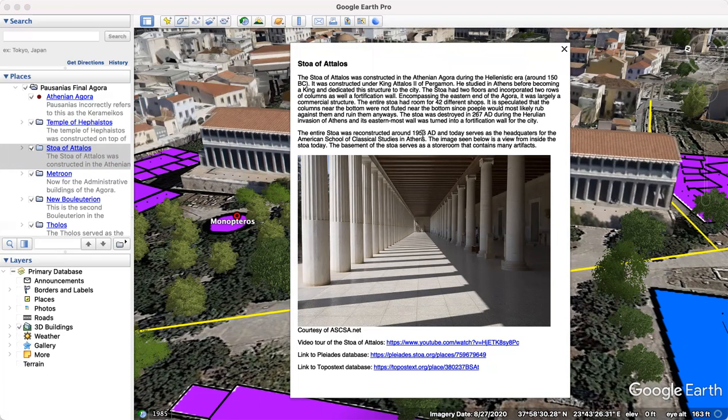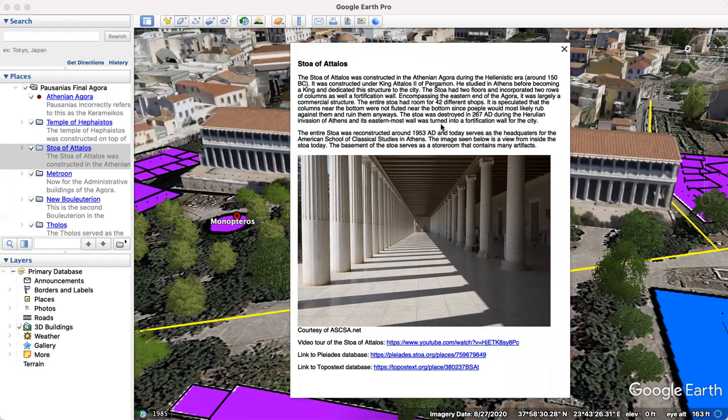This is an image of the Stoa of Attalus today, and the reason that it looks so good is because it was reconstructed in about 1953 AD by the American School of Classical Studies in Athens, or ASCSA. Today it is their headquarters. Many offices take up the buildings that are still in it. It is still 2 stories, as you can see from this great 3D rendering. And in the basement of the building is actually where a lot of artifacts are kept so that researchers can study them. A lot of these artifacts are from the Persian Wars,